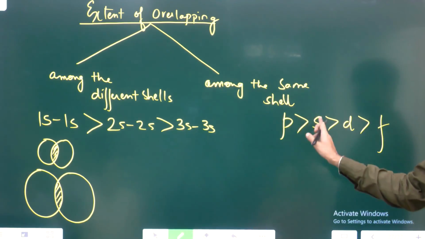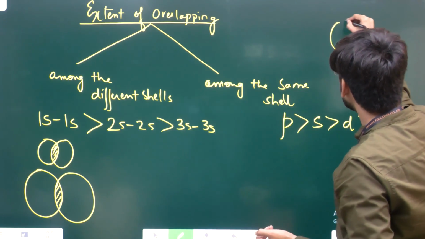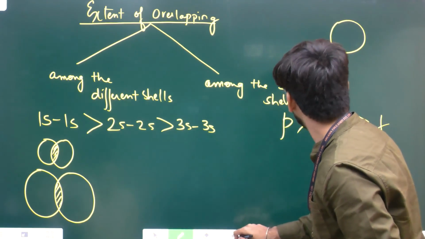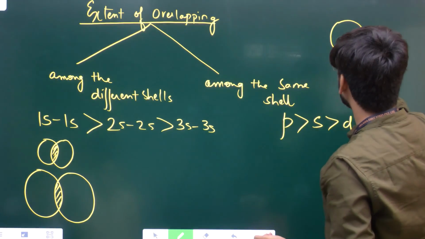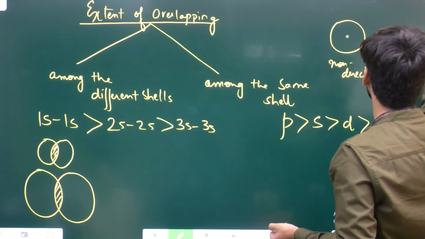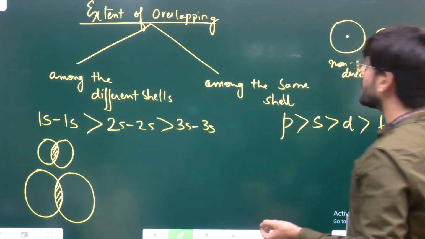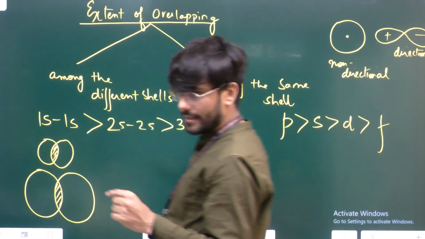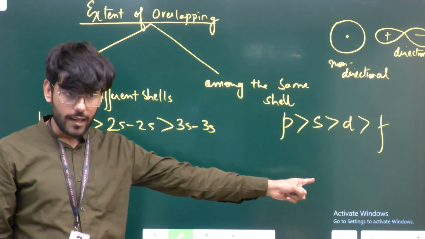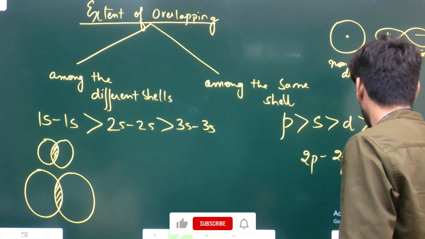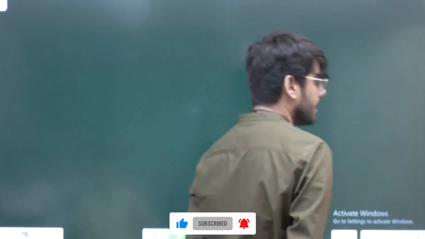तो अच्छी ओवरलैपिंग होगी इन दोनों में। क्यों ऐसा? क्योंकि देखो S में नॉन डायरेक्शनल है, S में यहाँ से भी हो सकती है, कहीं से भी हो सकती है। लेकिन P आपका डायरेक्शनल है, अगर ये पॉजिटिव है और ये पॉजिटिव है तो यहीं से होगी, इधर से नहीं हो सकती। यस और नो, तो यहाँ क्या है, ड्यू टू डायरेक्शनल नेचर ऑफ P में ज्यादा अच्छी ओवरलैपिंग होती है एज कंपेयर टू S, याद रखना। लेकिन among the same shell है ये, अगर 2s 2p 2p आ जाए तो 2p 2p में ज्यादा अच्छी है, देन 2s 2s। along the same shell बोला है। ठीक है, फिर थैंक यू सो वेरी मच।